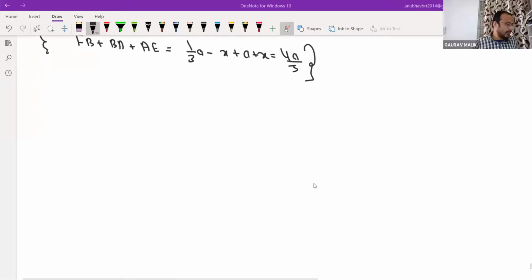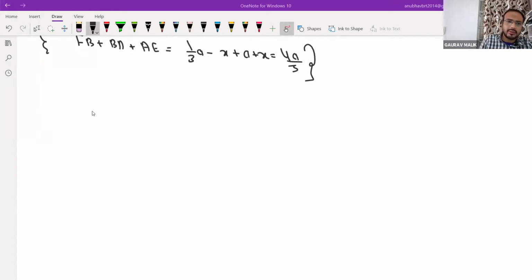Ritik, sir, why? Just read the second line. What is the second line of this question? A glass tube of uniform bore is bent into the form of a square of sides A and filled with equal amounts of three immiscible liquids. Okay, up to this one, there should be no doubt.